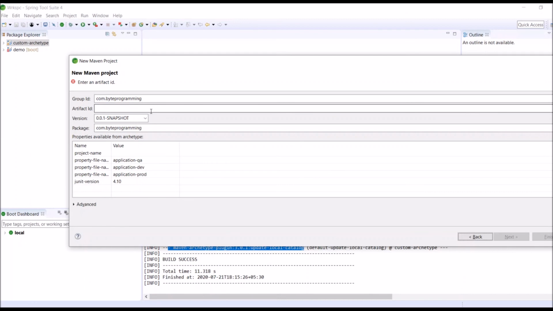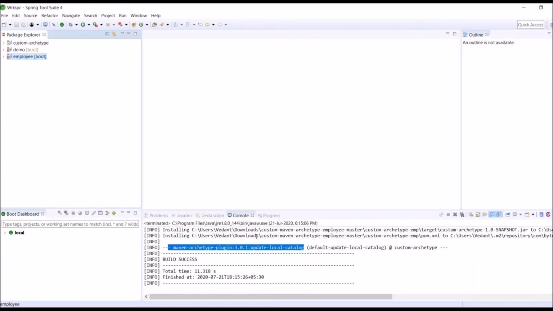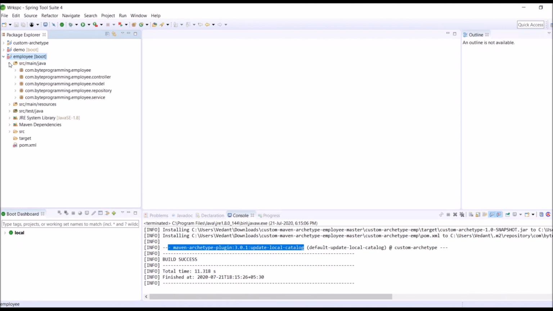Here we should enter the artifact ID. So let's say I am entering employee and the project name as employee. Now click on finish. If you see, the project is generated using the custom archetype, and let me expand this and show this to you.